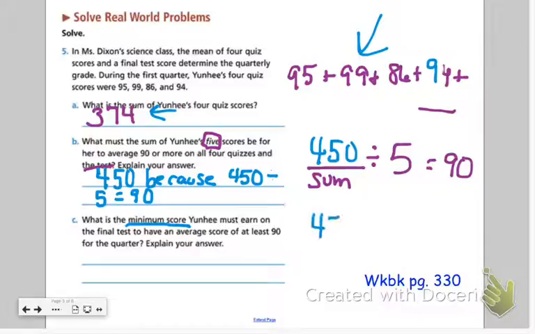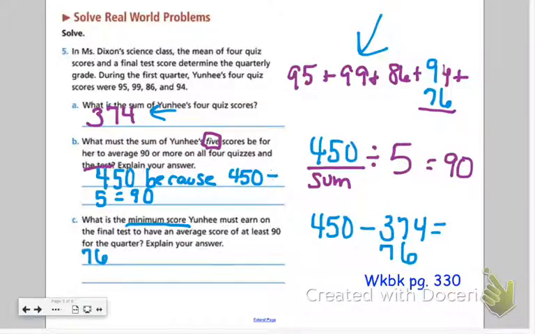So I'm going to take the 450, which is our goal, or Yunni's goal, and I'm going to subtract out the 374 that she has so far, and that's going to be 76. So that means that Yunni must get at least a 76 on this next test in order to still get an average of 90. That is the minimum. So 76,